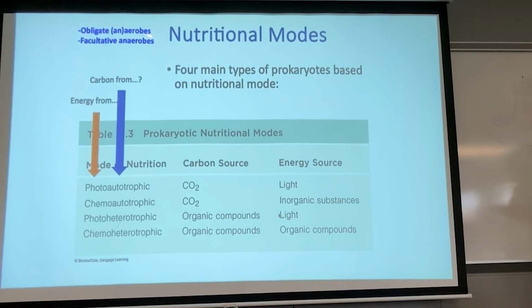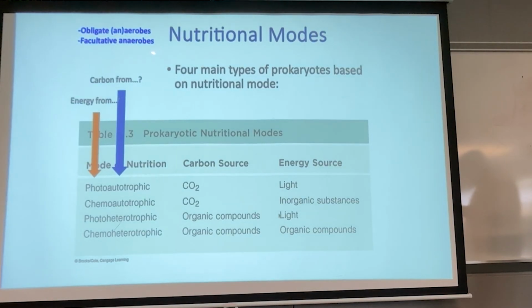An obligate aerobe, or an obligate aerobic prokaryote, has to have oxygen in order to survive. It's like us. If I put you in a no oxygen environment, I throw you into space, you're going to die, right? Because you need oxygen to make energy. And so there are also prokaryotes that have to have oxygen in order to survive. So those are called obligate anaerobes and obligate aerobes.